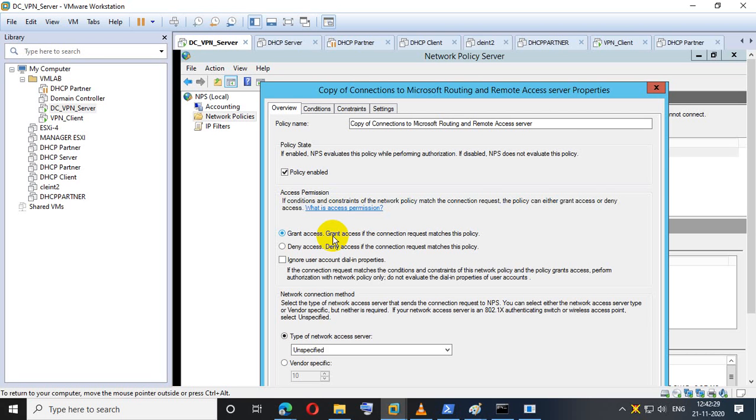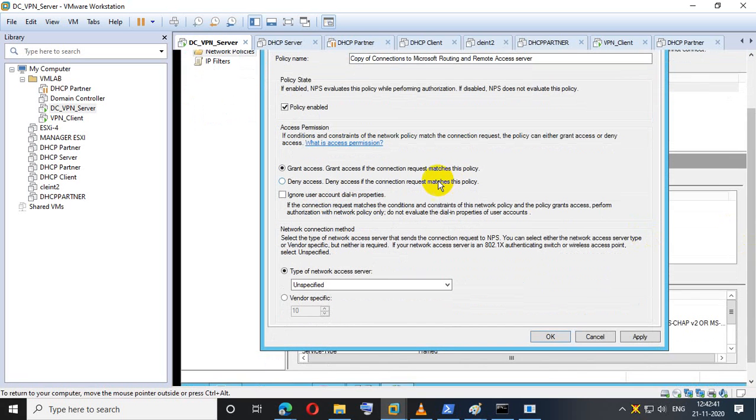But I need the bulk of users who are part of the VPN groups. No need. The policy will be automatically applied and they will automatically connect. Clear? And next is grant access, and there is also deny access. Whatever the policy you build, it will apply accordingly. Right? Type of network access servers, unspecified, remote desktop gateway, whatever you need. So whatever your requirement you can do.